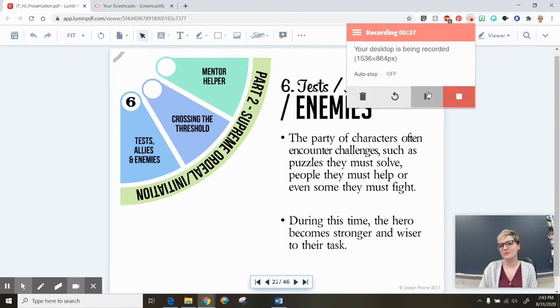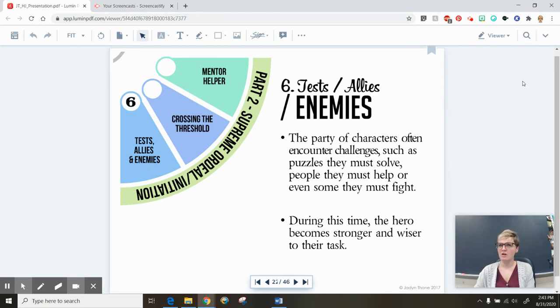If you've ever played old school video games like Super Mario Brothers, that's kind of where my video game knowledge stopped, about 1998. But you would have those big bosses at the end, like Bowser, and along the way you would have to stomp on a mushroom or a turtle or beat a ghost to a door. Those are the smaller challenges. So maybe the character has to battle a bully. But it's going to be something small, not the major event. During this time, the hero is growing, so they're becoming wiser, stronger, becoming more confident as well.